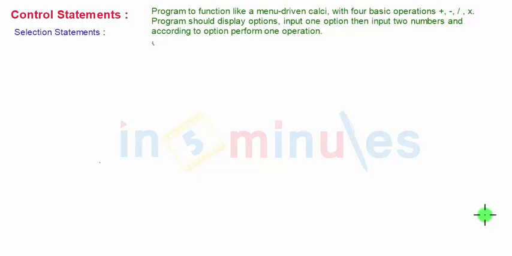Now we'll write a program that works like a menu-driven calculator. A menu-driven program displays multiple options to the user and inputs one of the options. Then, according to the user's option, it performs one of the actions. In this case, we'll be writing a program that works like a basic calculator with options addition, multiplication,